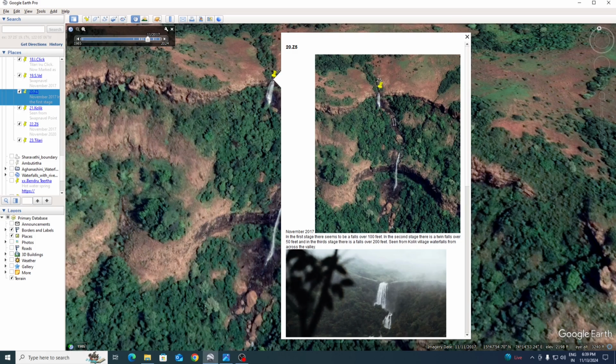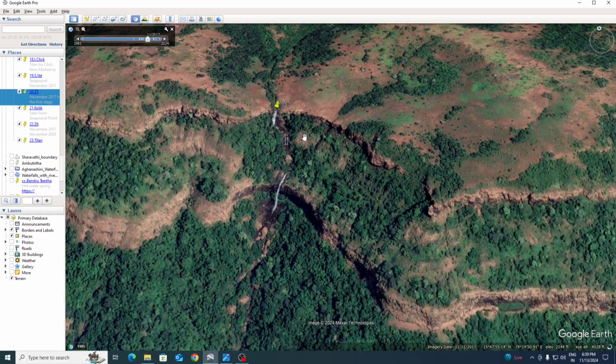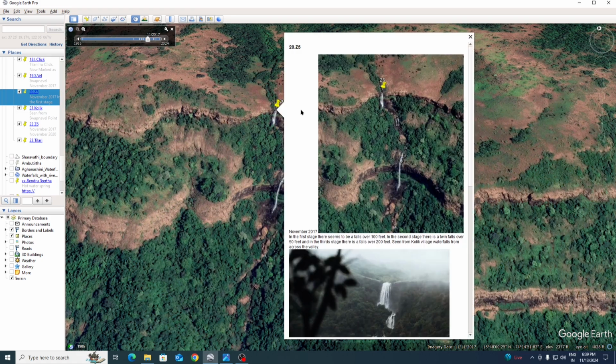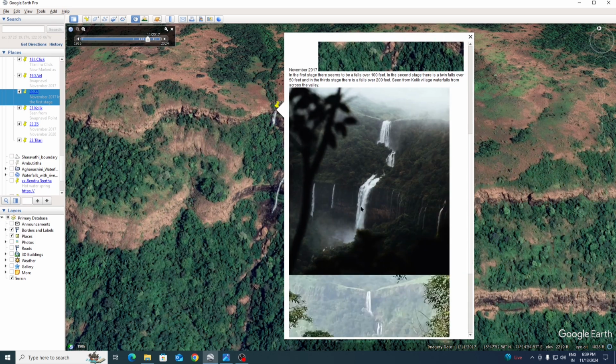This is the satellite image from November 2017. This is the same that we see in the background. This is the waterfall. At this stage it could be as tall as 200 feet. So it's quite a tall waterfall, but it is unmarked, unknown, unnamed also, so we call it Z5. And this is how it looks